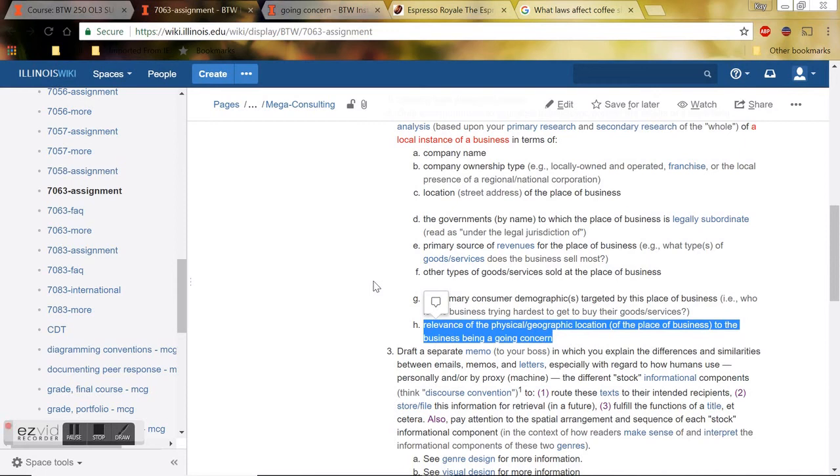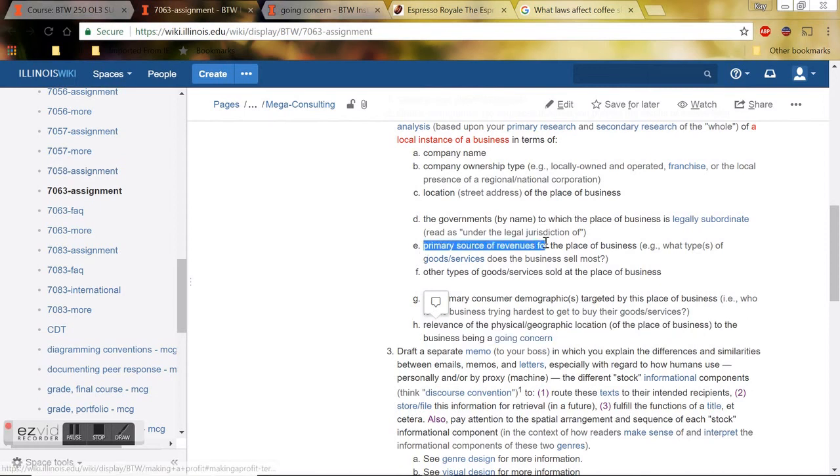So maybe you find something in what they sell, their primary source of revenue might be a particular coffee bean that people are really loving. And so a going concern would be to make sure that we have plenty of that in stock and that we never run out. It's not a problem, we want to not have a problem.